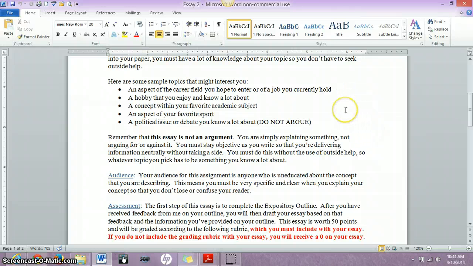So I kind of gave you some ideas on topics because it's pretty broad. Well, what on earth am I supposed to explain that's doable in 2 pages? Well, I don't know. But here are some things that you could think about. Are you in a career field, or are you going to be in a career field that you know a specific topic, or again, a specific topic you know a lot about?